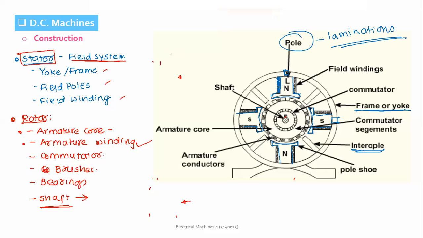Poles are generally electromagnets, and the pole face here is generally made with a large cross sectional area that we call the pole shoe. Here you can see. So that will serve two purposes. It will uniformly distribute the magnetic field, and secondly, it will reduce the reluctance between the stator and rotor. Air gap will be minimum due to this. Additionally, it will also provide support to the field winding. So these are the field windings here you can see. Field winding is a continuous winding, okay, wound in such a way that the poles will act as an N or S pole depending upon the requirement.